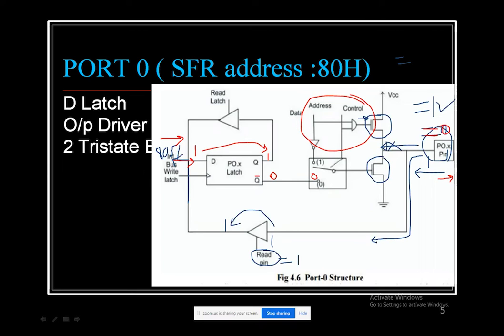As I told, if it is to be used as an input-output pin, then control should be equal to 0. For working as an IO pin, if this becomes 0, then this line is going to become 0. So this is going to be control and this is going to be connected over here. This pin, instead of 1, is connected over here. Then whatever data is here, so it will